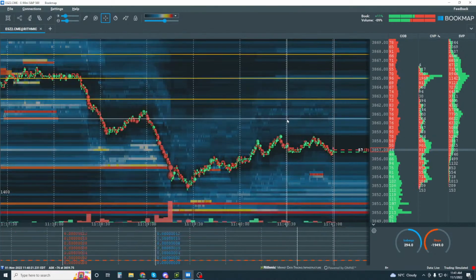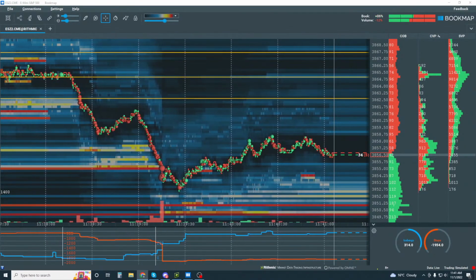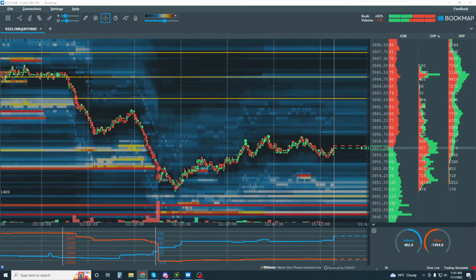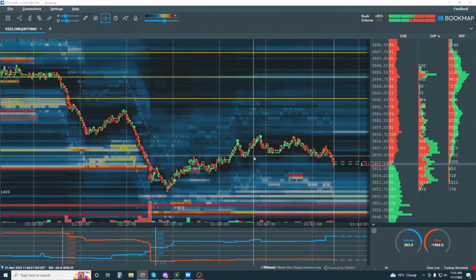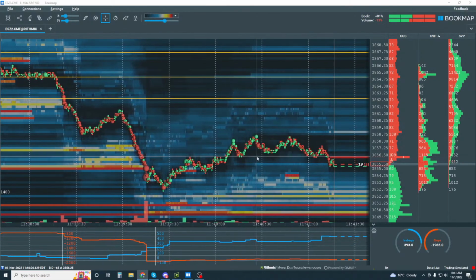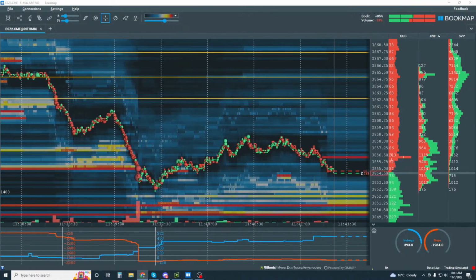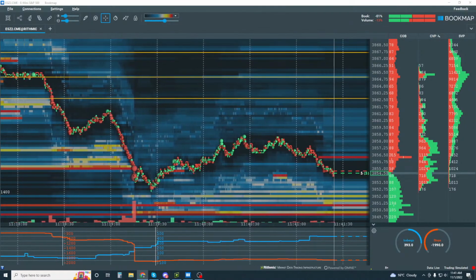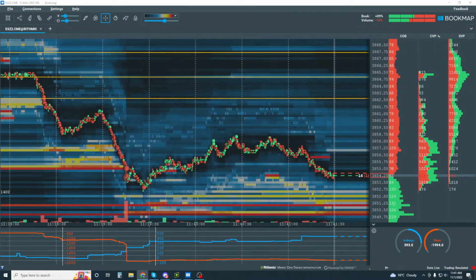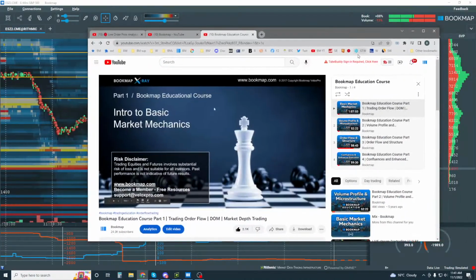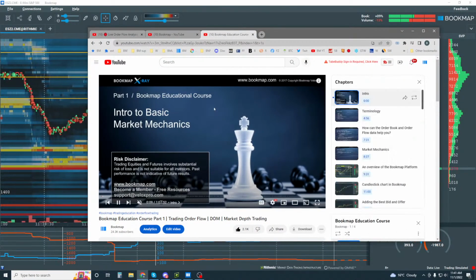All right, guys. Well, let's see here. We covered many different things, answers a lot of questions in here. We started with the elements on the Bookmap chart, then reading them, and then going through some trade examples as well. Again, based on our structure, our educational course here. Go to part 1 of the educational course and understand the basic market mechanics and what makes price move. This will be a game changer.